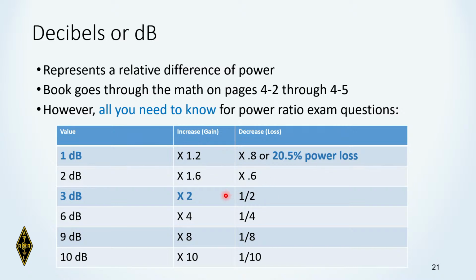So if you can remember these kind of relationships, and most hams, in reality, this is what they do, what they talk about. It's very, very rare that you'd actually use the formulas, but they are all there in the book if you care to. So there's going to be 2 that we're going to see. A decrease in power of 1 dB is about a 20% power loss. A 3 dB loss in power, you cut the power by half, 50%. So if you can remember these couple of facts,